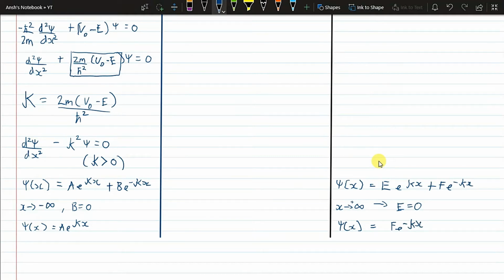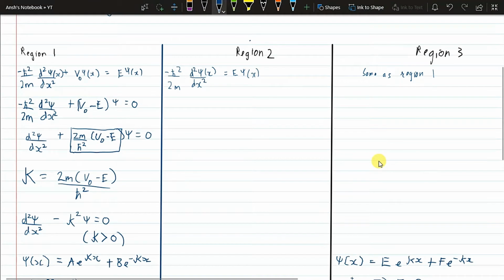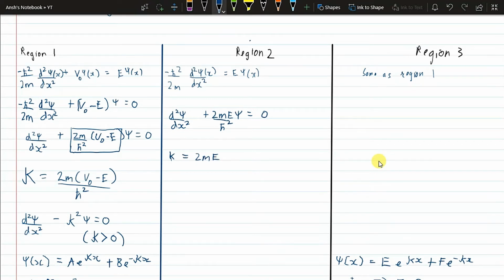Right, so we got the behavior of the wave function in the first region and in the third region. For the second region, the solution is quite similar to what we did in the infinite potential well. So quickly rearranging this equation, we get d square psi over dx square plus 2mE over h cut square psi is equal to 0. Oh, sorry, there's a psi right here. This is the same equation that you had for the finite potential well, and we'll make the substitution k is equal to the square root of 2mE over h cut square.